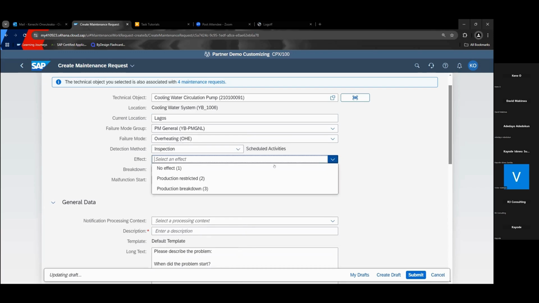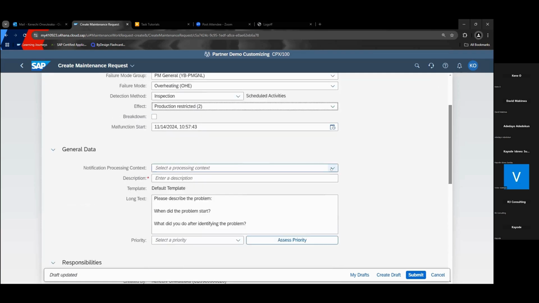So what is the effect? We can see it is either a production breakdown or production restricted, and when did the malfunction start. Is it a minor one or an emergency? If production is affected, obviously it has to be emergency work.